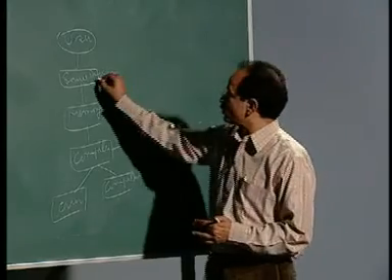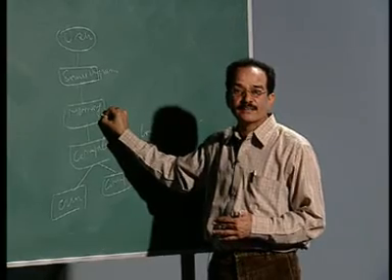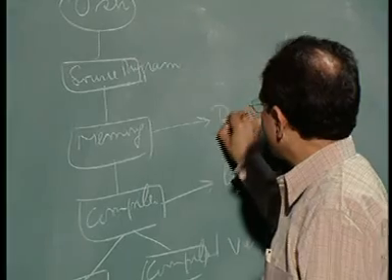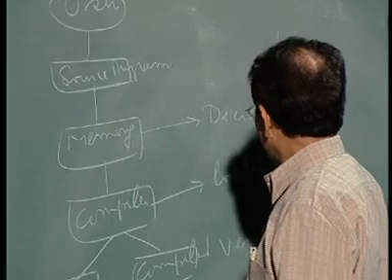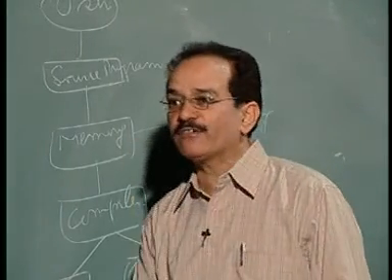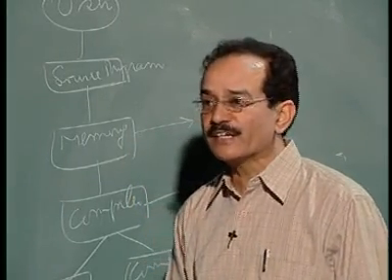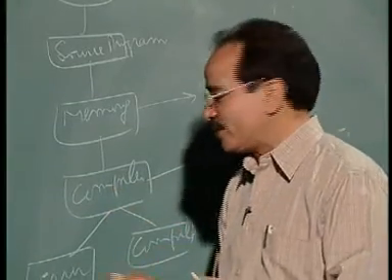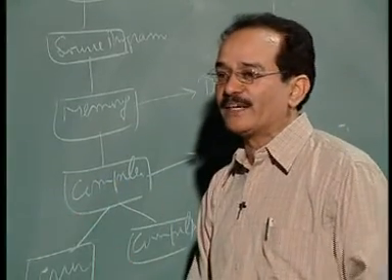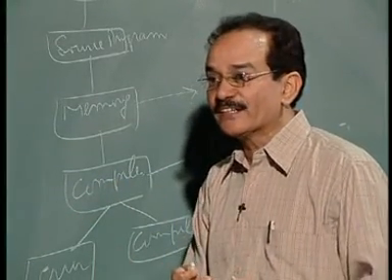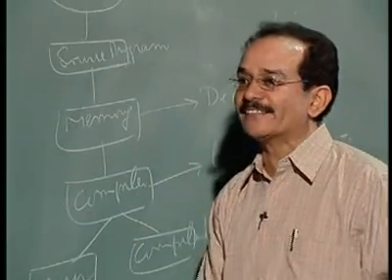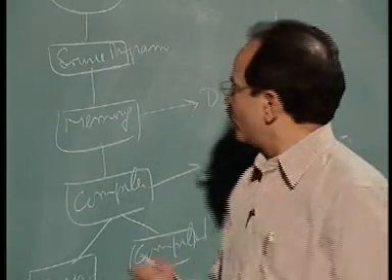Let us say I have to load the source program into the memory, I will be deciding in which location I will load it. The moment I have to load the compiler, I will decide, okay, in this location my compiler has to be loaded. So, all the decisions in this scenario, where there is no operating system, are with the programmers